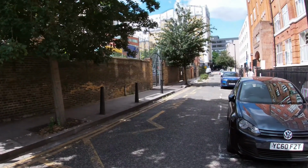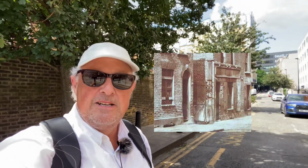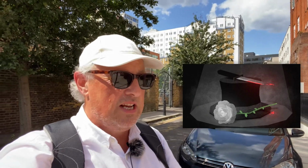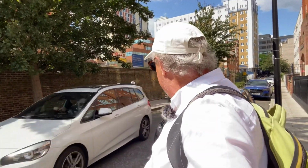This was the first of the two murders, known as the double murder, the double event. With Louis Diemschutz coming into the alleyway, somewhere around here, he possibly disturbed the Ripper in the middle of what he was doing, or at least the perpetrator. It is suggested, and I think Let Me Know has got a really good video, I'll put a link up here, that the perpetrator, Ripper, whatever you would like to call him, was actually in the midst of doing the deed. And as Louis Diemschutz brought the cart into the alleyway there,